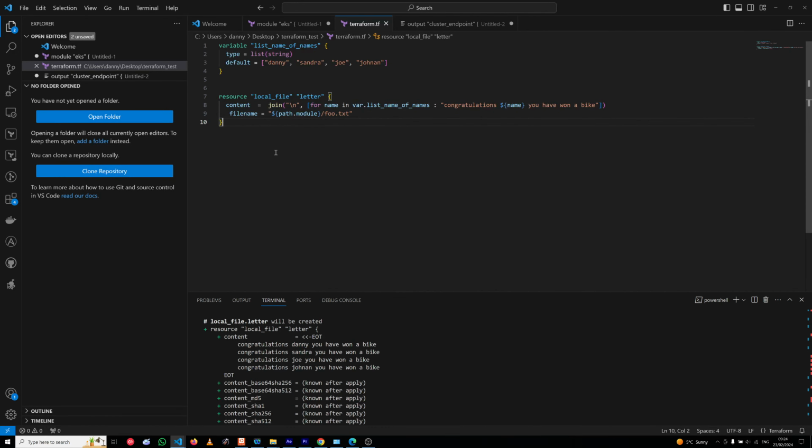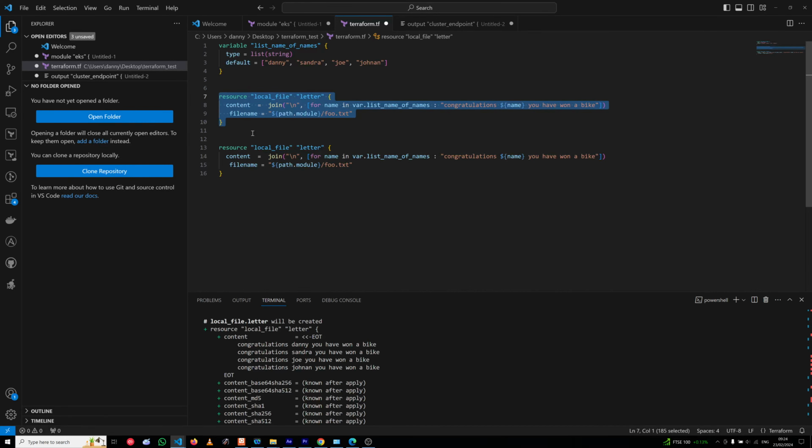But ideally, what we would want is 4 files with 4 names, right? So now we've got to go into another for loop, which is actually the for each. So what we can say is we can grab all of that, put it down here, get rid of this. Whoa, let's comment that out. Okay, and then what we can say is